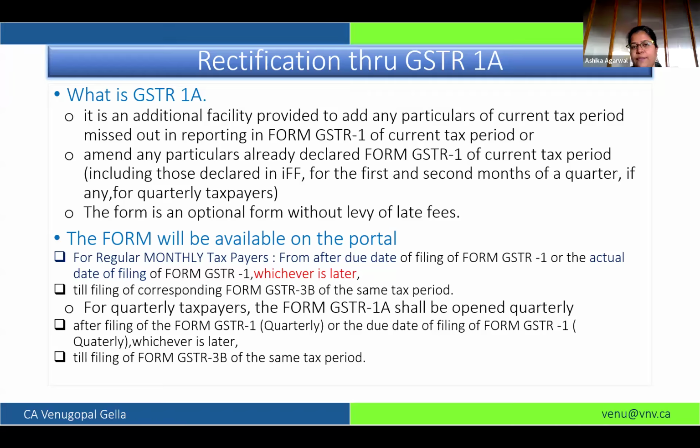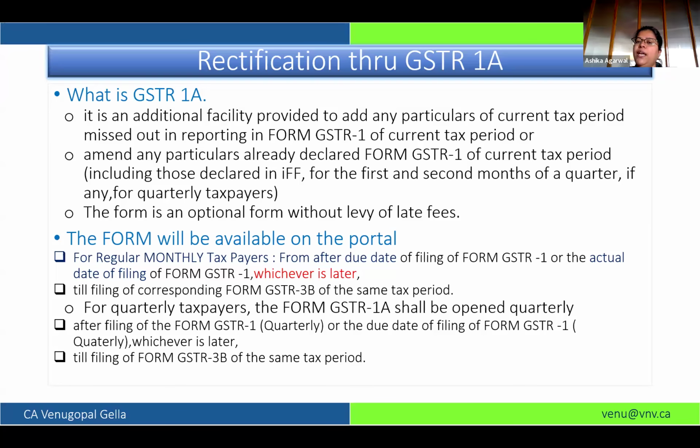If you are a monthly filer, that is before the 20th of every month. If you are a quarterly filer, then before the quarter's filing. So that's the facility which has been provided, and it is applicable for both monthly and quarterly filers. Though you can correct your R1 filed for the current tax period, your correct tax payable will be auto-populated in your GSTR 3B, and based on your 1A correction, all impact will be taken in 3B and you can pay the taxes. However, there is one drawback also.